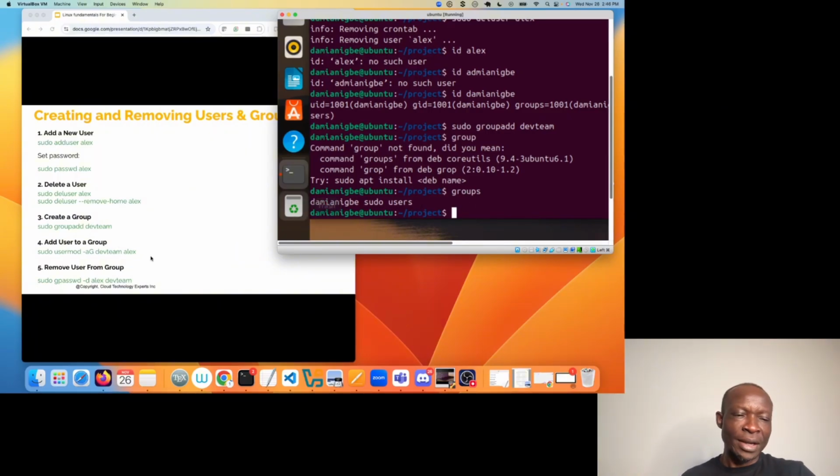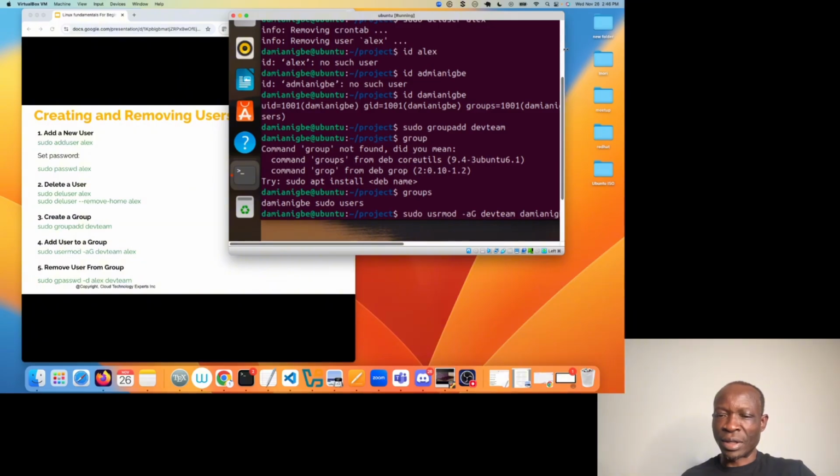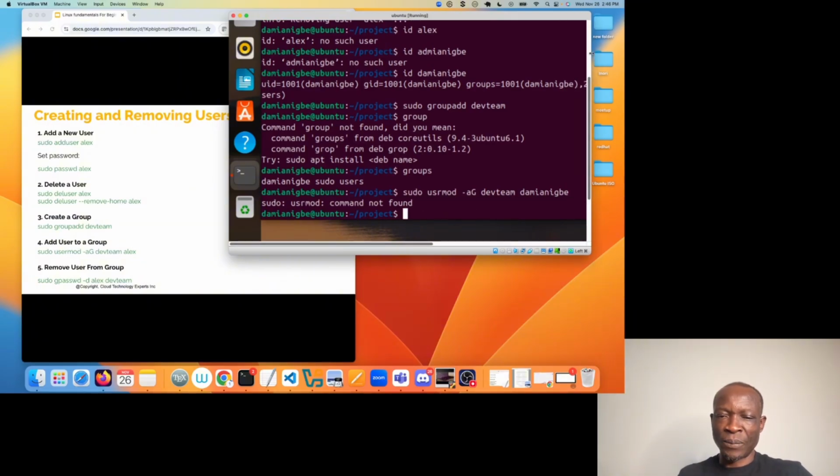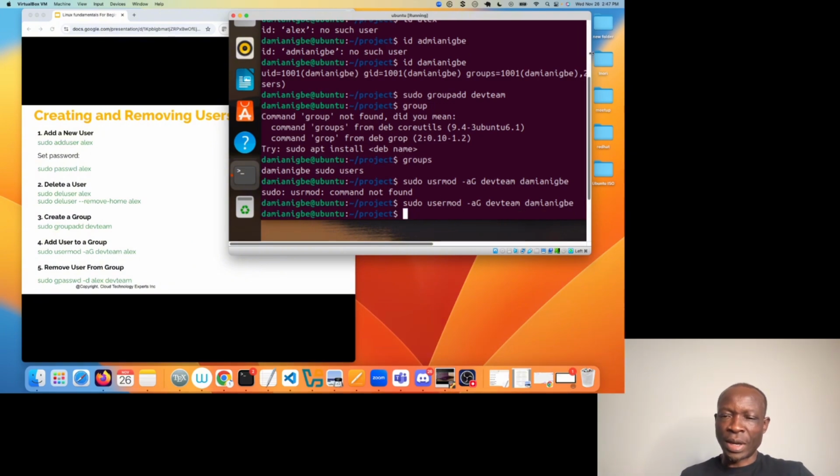group I just created, I can do this with sudo usermod, which is kind of like user modify, using arguments -a and -g. I can say dev team, and in this case I can say Damien Igbe, since I deleted Alex. So I can expand this a little bit. Okay, all right, so usermod. All right, so now I have been added to dev team, and if I say groups,